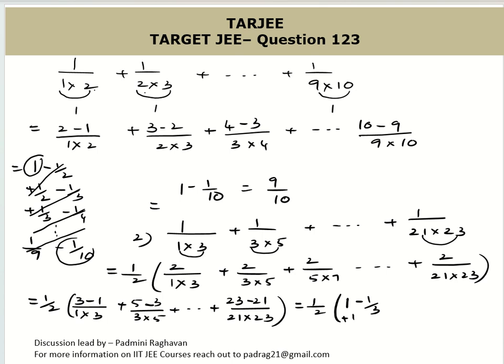You get plus 1 by 3, minus 1 by 5 and so on. The last term can be rewritten as 1 upon 21 minus 1 upon 23. You can see again the terms are getting cancelled in a diagonal pattern. So we are just left with half into 1 minus 1 by 23. When you take LCM, it will be 22 by 23, which when divided by 2 will give you 11